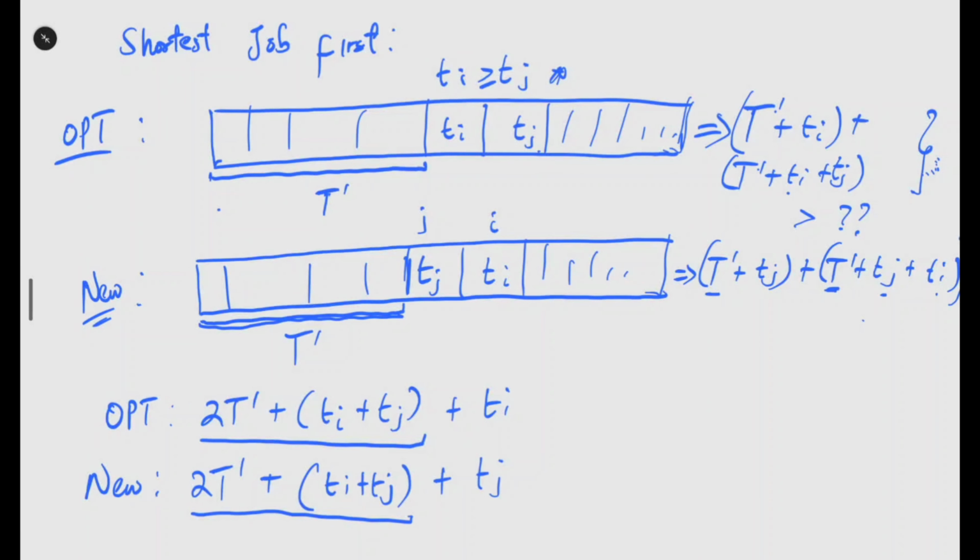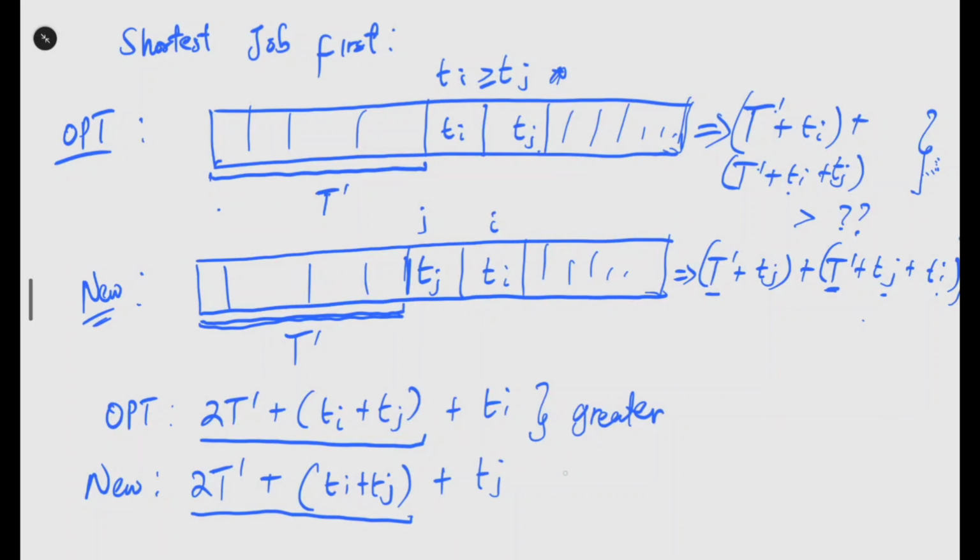But the only difference is that for the OPT, we have a TI, and for the new algorithm, we have a TJ. And if TI is greater than TJ, it means that the wait time for the OPT is greater. This is greater than the wait time for the